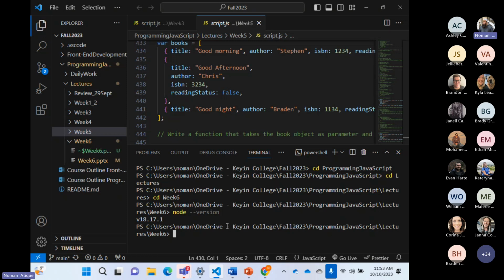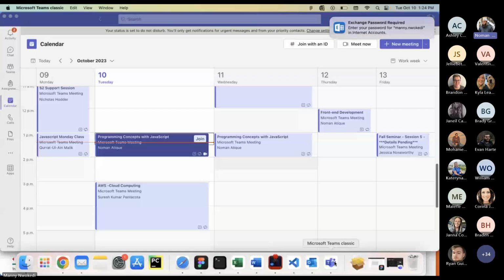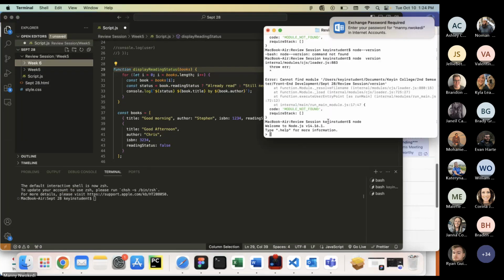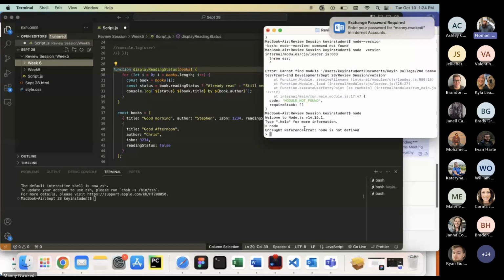Manny, what is the error? I want to see that error first. Would you mind sharing your screen, Manny? Because I don't want you to be left behind. Do you mind sharing your screen? And Alan, can you check that node dash dash version? Oh, wonderful. And he's sharing the screen. Wonderful, Alan. That's wonderful. Okay. Right. Oh, I got it.